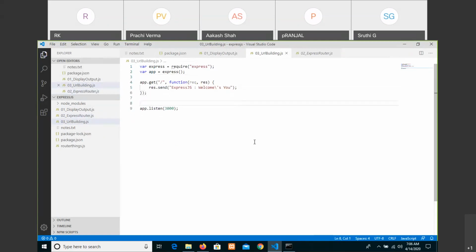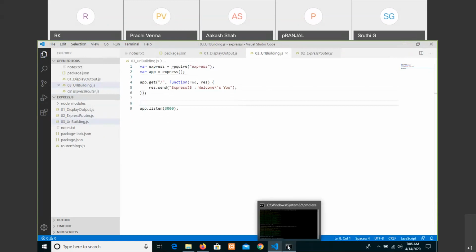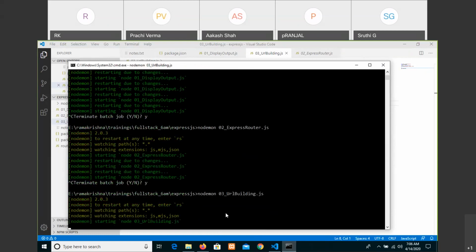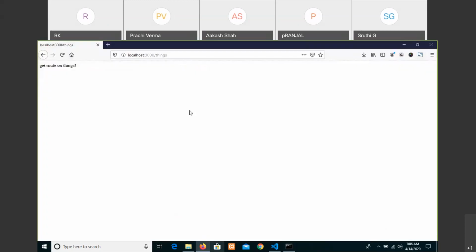Okay, first part. Let us run this example first, then later we go with something else. Node nodemon space and then, okay, and you can see the output that we have given.